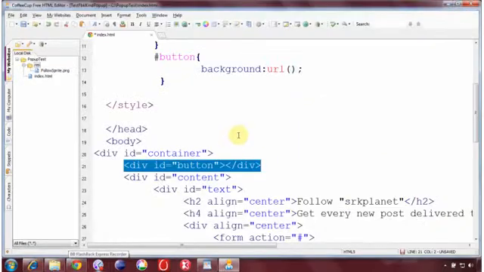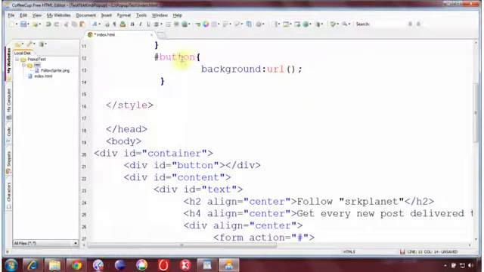So I say this particular button div that is being referred to by this ID, button, background URL to refer to the image over here. I say dot, that is the current directory. Inside it look for a res directory. Inside it look for the image name. What exactly is it? Follow sprite.png. This is the name of the image file I pasted over here. So exactly this image is going to be applied to the background of this tag, that is this div.